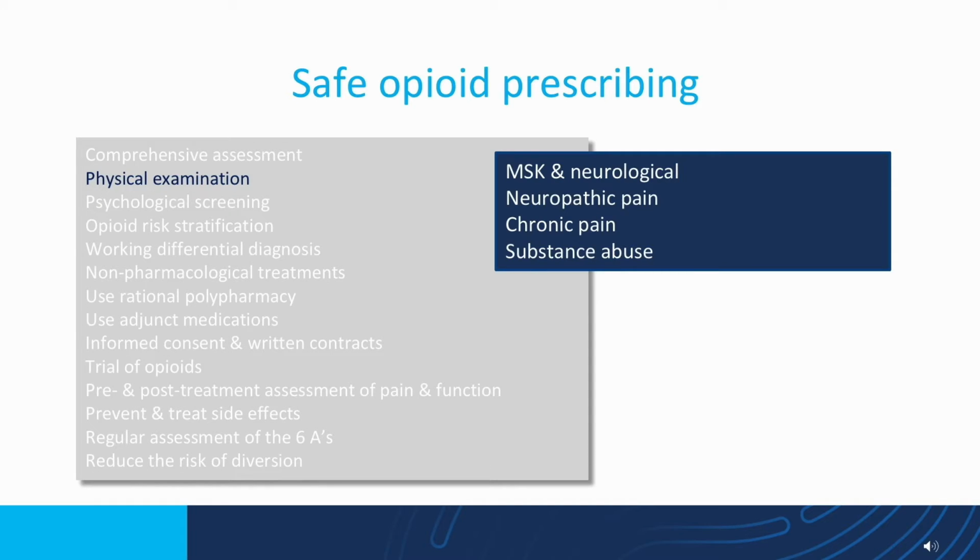Comprehensive assessment to start with. Examine your patients. Try and understand what's going on. Is this a musculoskeletal pain? Is this a knee osteoarthritic condition? Is there some neuropathic features around the knee? Or maybe it's a mixed pain. Did you know that about 7% of osteoarthritis of knees and hips can present with a neuropathic pain element? So do I need to treat neuropathic pain? Always ask yourself this. Is there substance abuse, which I'll come to, and that's more of a screener for risk of opioid, which I'll come to in a little while.